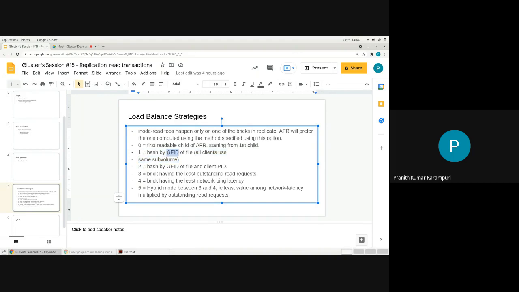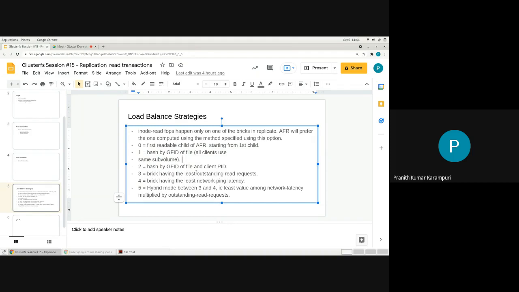This has served very well. One more thing that people wanted to try was, you can do this hashing based on the file, but if there are lots and lots of clients accessing the same file a lot, then again the same brick will become the bottleneck.